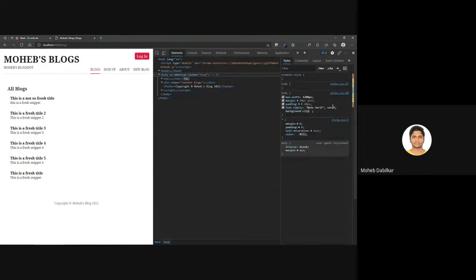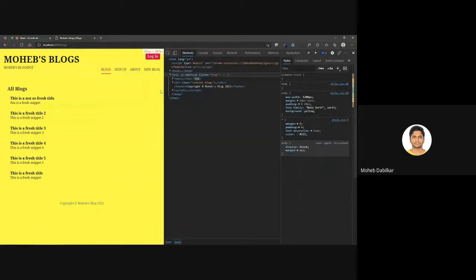No, not background clip, background color. So I can then say blue. So you see it. Let's create a more notable one like yellow. Why is it going over there when I'm typing in yellow? Yeah, you see, now we have yellow over here, and if I click on sign up now, it refreshes the page